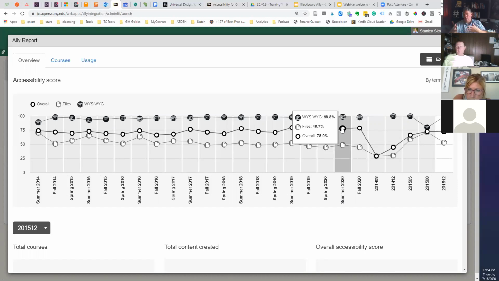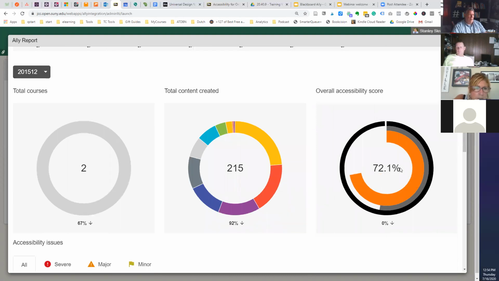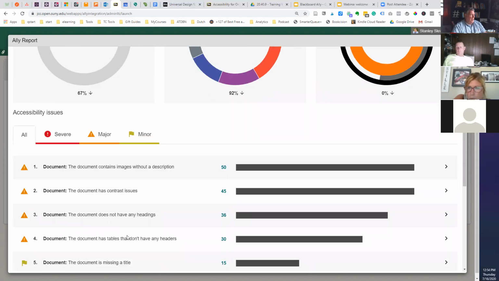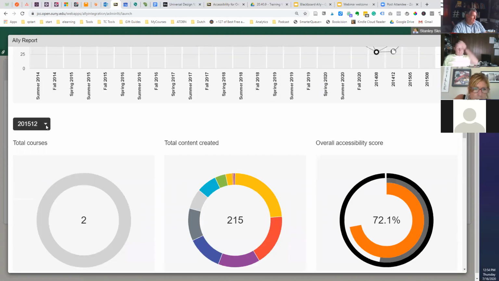The WYSIWYG is what we're actually creating in Blackboard. We're doing really well there. It's all these files that we're bringing in, PowerPoints and PDFs and Word documents, that is pulling us down. When we're creating content in Blackboard, we're doing a really great job. It's this other stuff that's pulling us down. So this is the overall score, 72.1 overall in everything we've done. Documents without descriptions, things like that. Oh, and that was for that particular